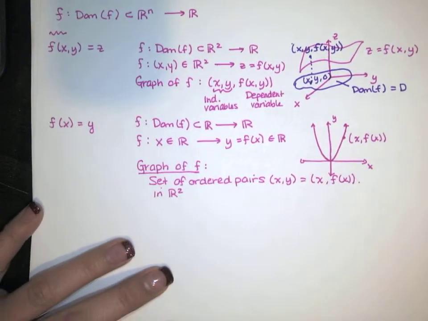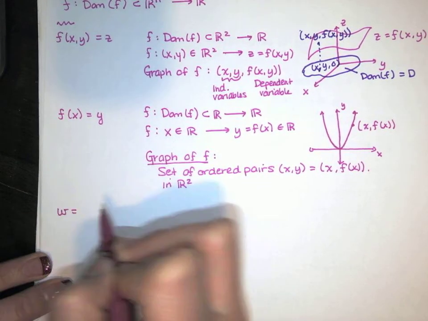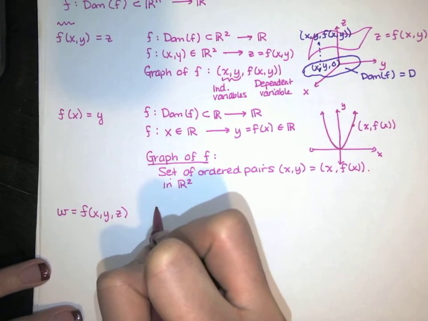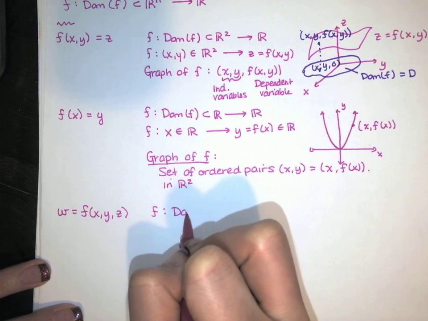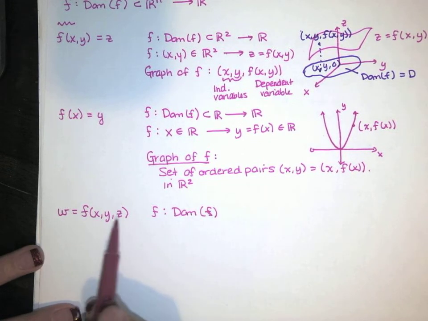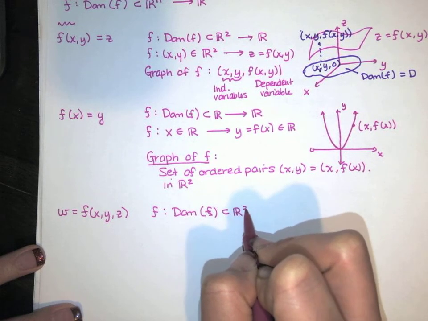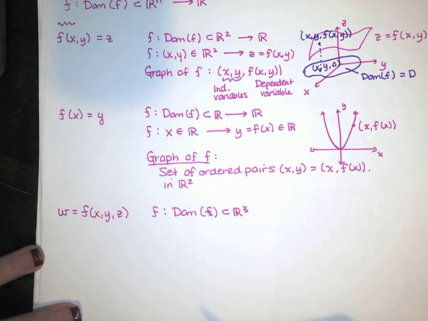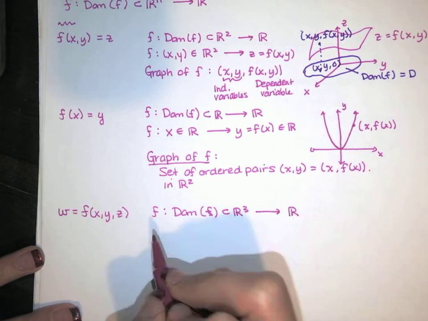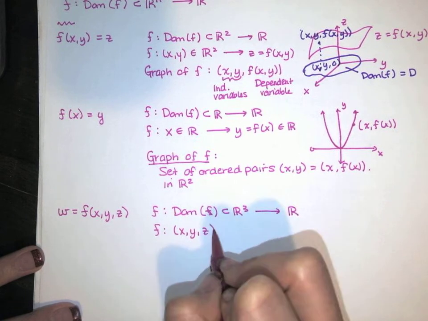And in this video, we're talking about a function of 3 variables. So we're going to use w equals f of x, y, z. Now this is going to take (x, y, z)'s from the domain of this function. So that's a subset of 3-dimensional space. And it's going to map it to a real number w. So we're associating with every (x, y, z) in the domain